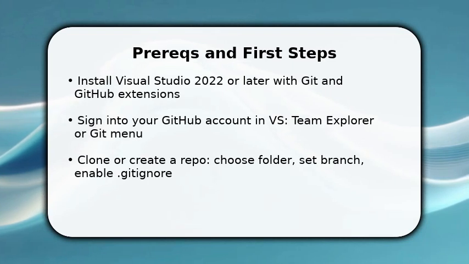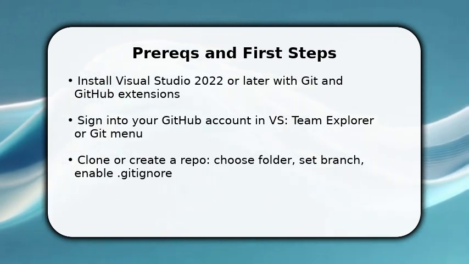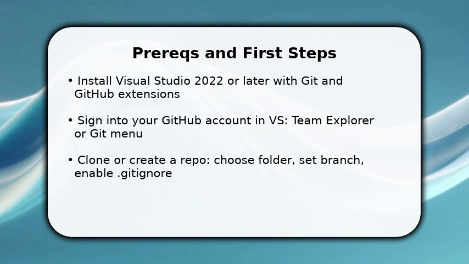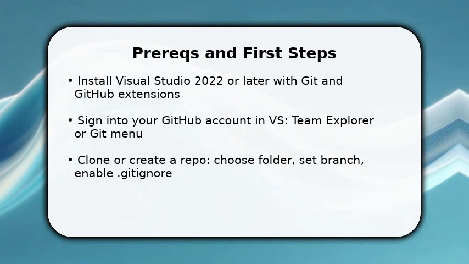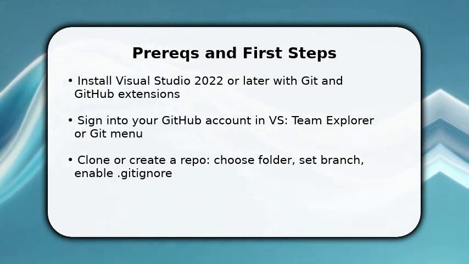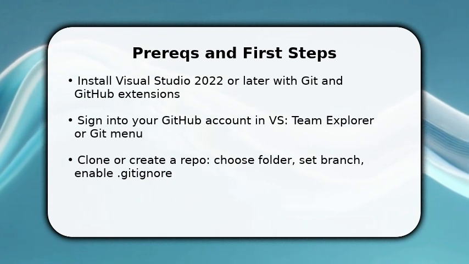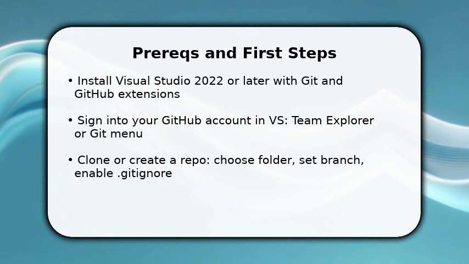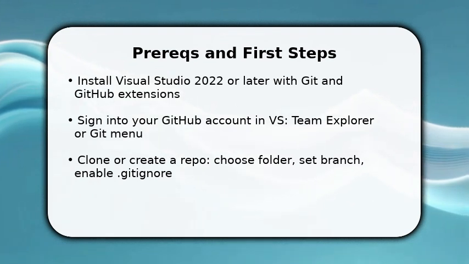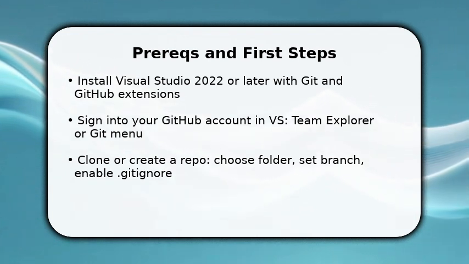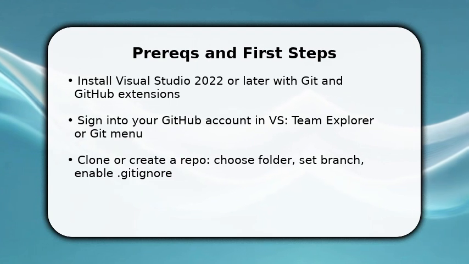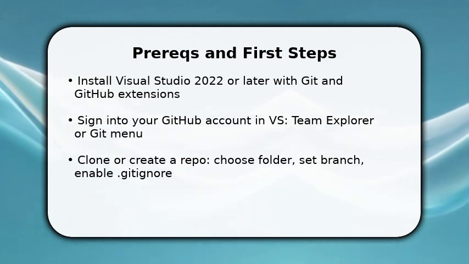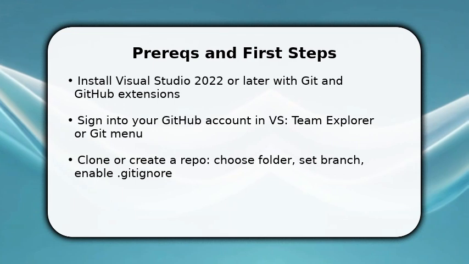Enjoy the video. You start by verifying prerequisites: Visual Studio with Git and the GitHub extension installed, and your GitHub account signed in. Once signed in, use the Git menu to clone an existing repo or create a new local repo inside your project folder. Make sure to add a relevant .gitignore and choose the default branch name. This gets you into an editable workspace immediately, so you can stage and commit the first meaningful change without wasting